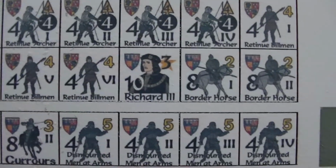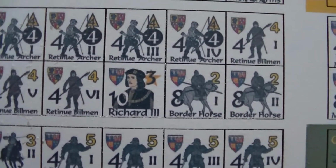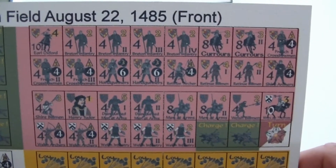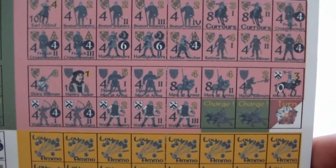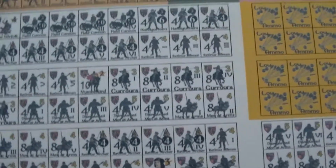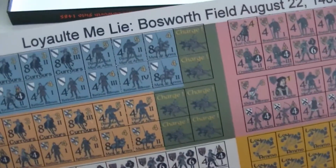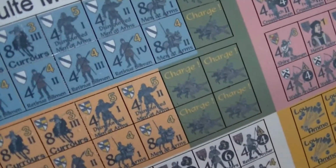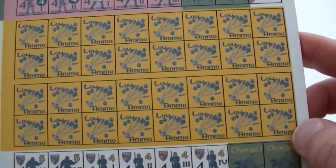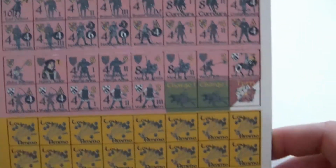You can see here there's Richard III. Has that very sort of 13th century type artwork on it. Not sure about the pink. It's one of the things I've noticed on laser cut counters is the reds, and this was the case for White Dog's Duel of Eagles too. They seem to go with these sort of lighter colors. Like here, the blue is like a cornflower blue color. Same thing with the yellow. It's not exactly vibrant, but the reds in particular, there's nothing that's